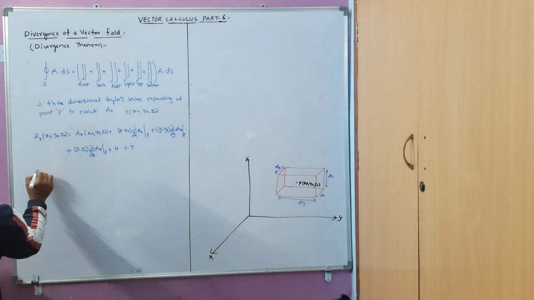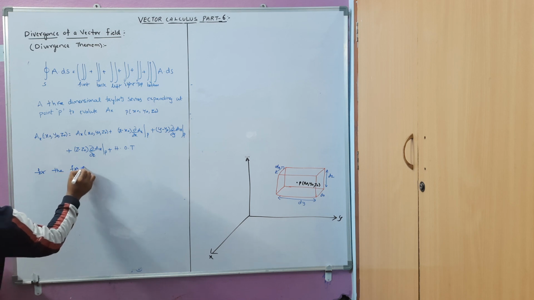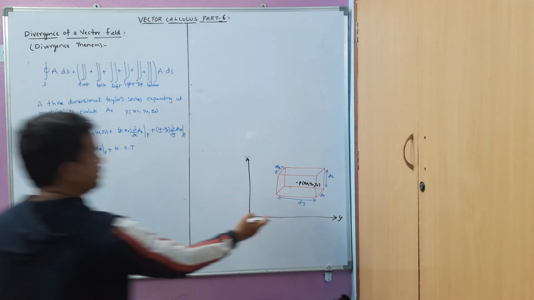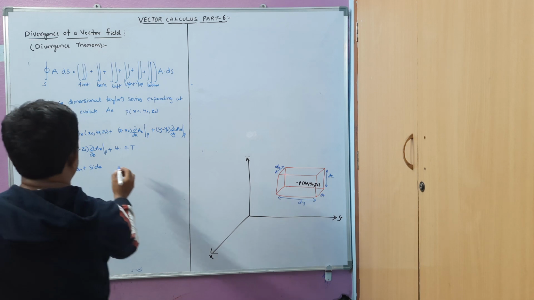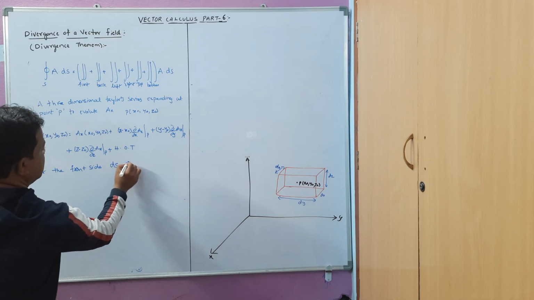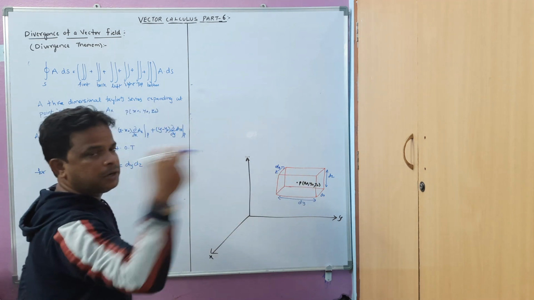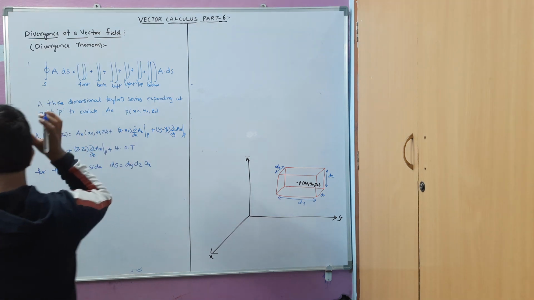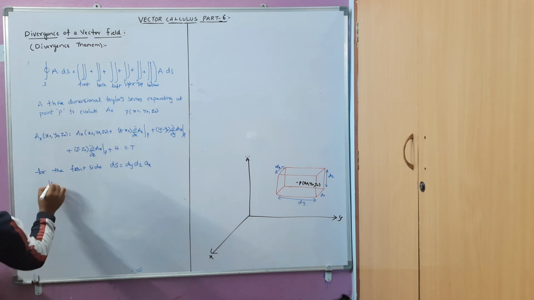For the front side, ds will be dy into dz, and the unit vector will be perpendicular to that, along Ax. So now the front side integral will be